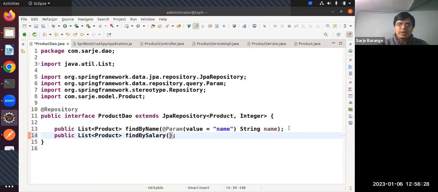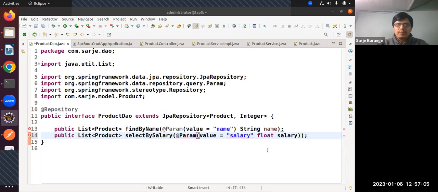If you want to write your own query, but instead of find by salary, you write here, let us see, select by salary, then @Param value, suppose salary, float salary, then